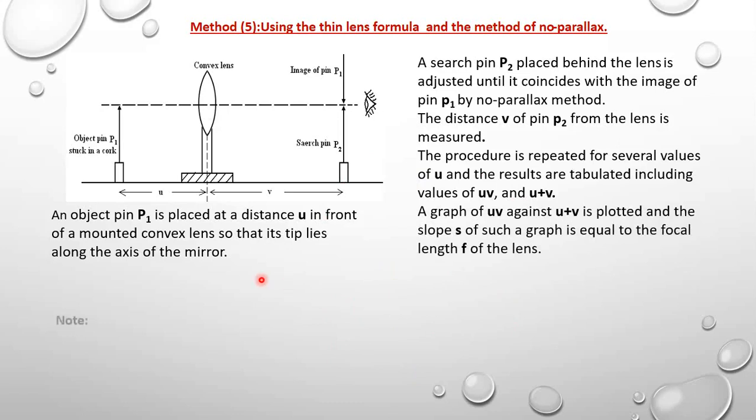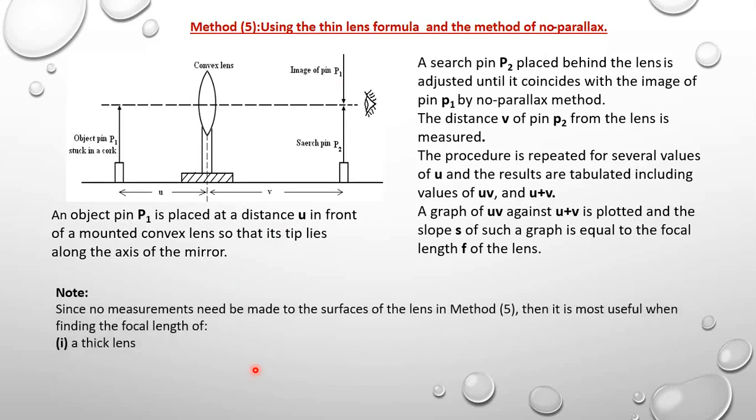Let's make a note here. Since no measurements need to be made on the surface or surfaces of the lens, this method, that is method 5, can be useful in a number of cases. That is when finding the focal length of a thin lens, or when finding the focal length of